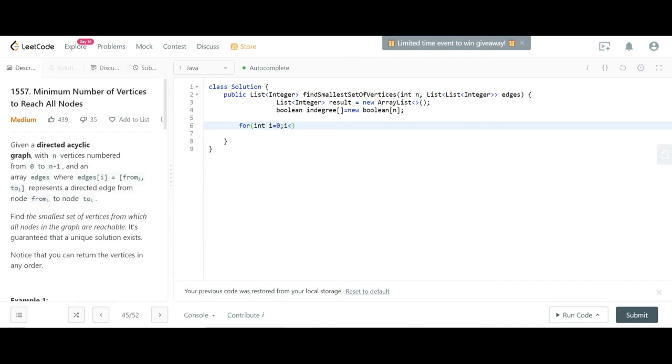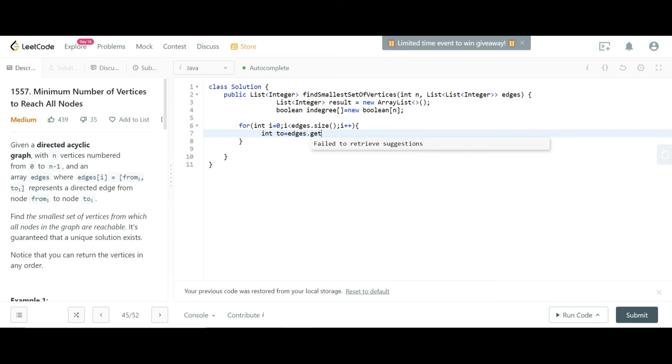For int i equal to 0, i less than edges dot size, and then i plus plus. Now we have to get the to value from here. So int to equal to edges dot get i, the first element, and dot get 1 because the second element is the to, from and to, right?